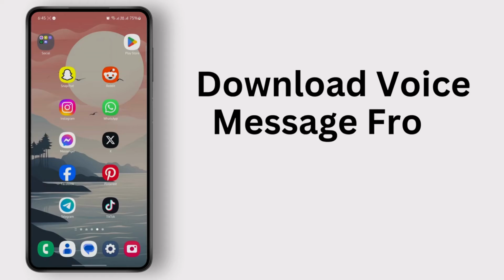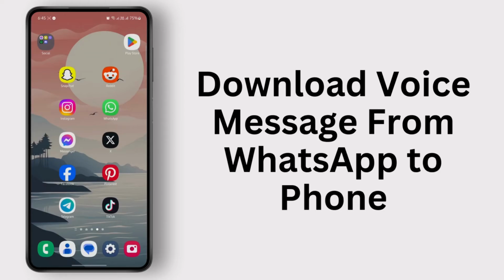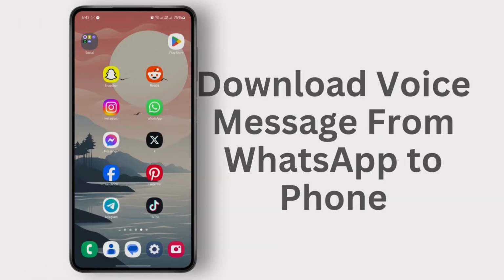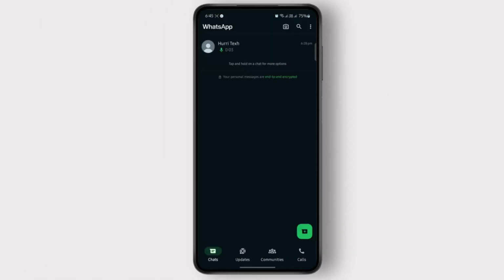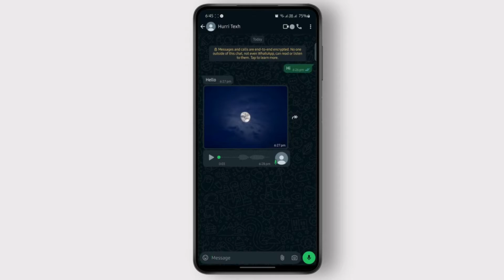How you can download a voice message from your WhatsApp chat to your phone. Let's get started. First of all, open your WhatsApp and go to the chat that you want to save the audio from. After this, you're going to long press on the audio and click on share right here at the